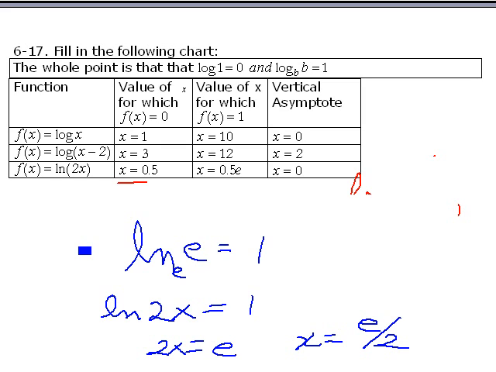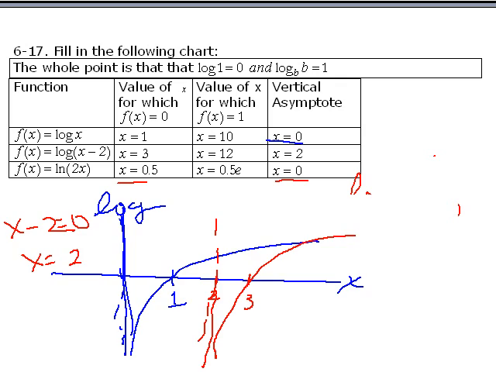Now, vertical asymptote of the log function, if you remember what log looks like, log is not